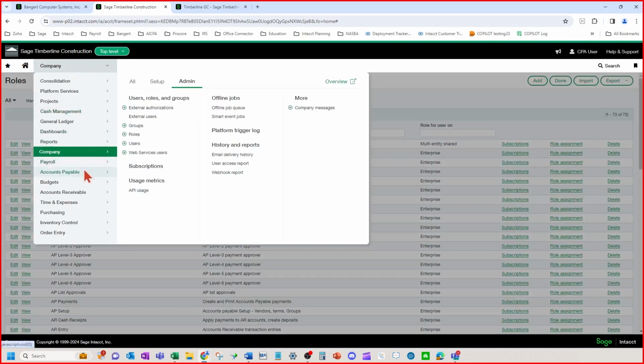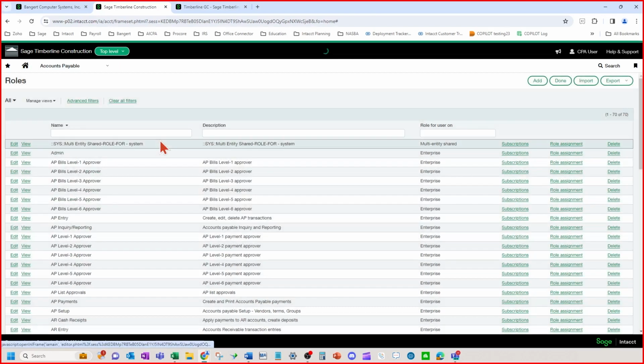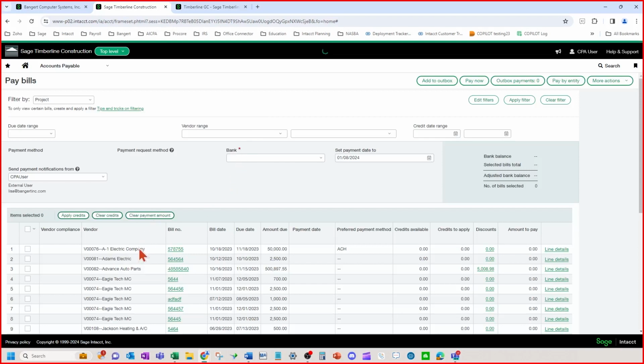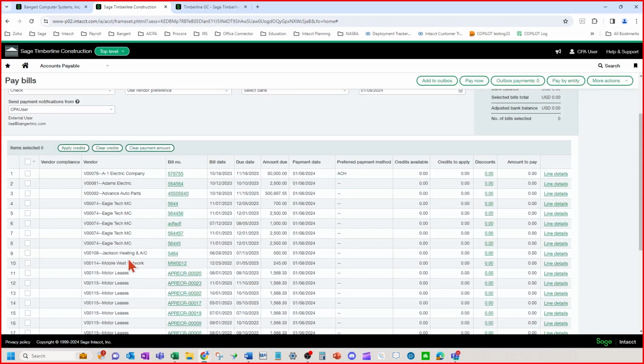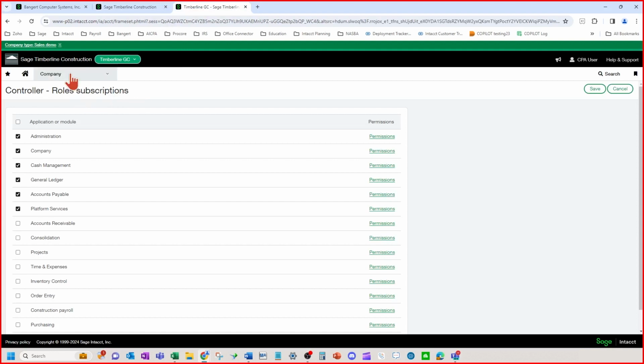Okay, so we're going to go over here and we're going to go into pay bills, as if I was paying them as an AP clerk. I'm going to go here to one of these here. And I'm actually going to go down to a different level so it pays a little better.